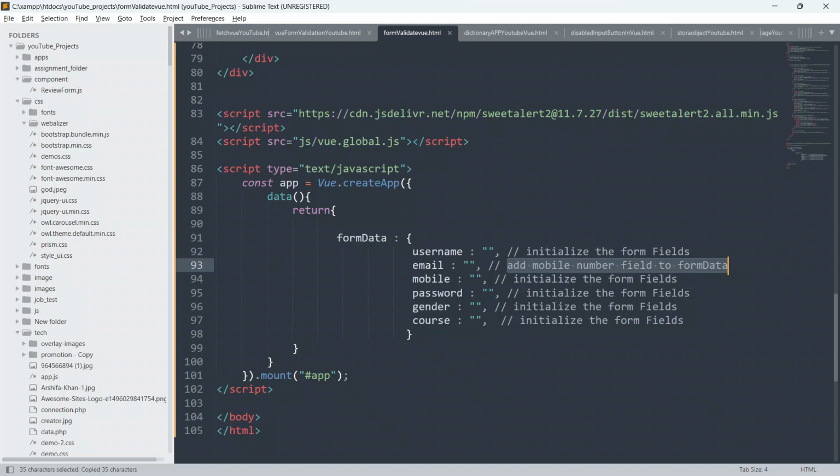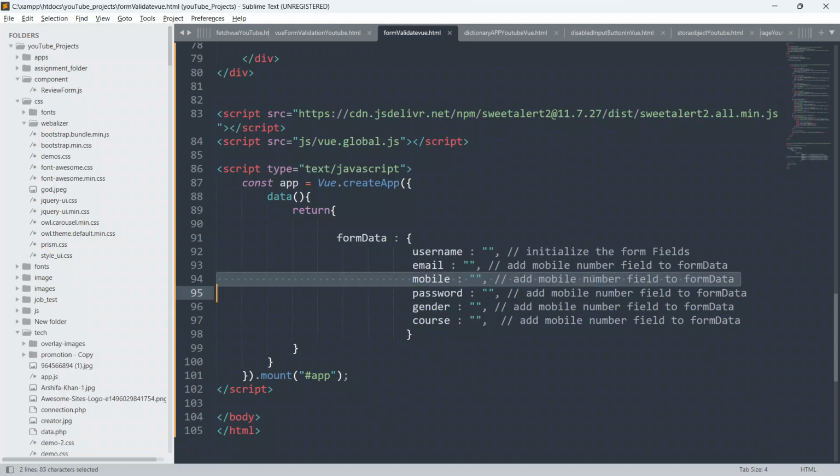Just copy this, and paste this, replacing all the text. Guys, I am doing this just for you, so that it gives you understanding. As you all know, my motto is to give you in-depth knowledge about each and everything. So we will change the mobile number, change this to mobile,